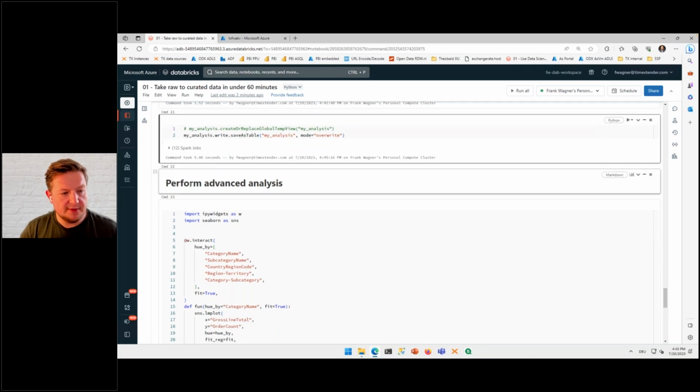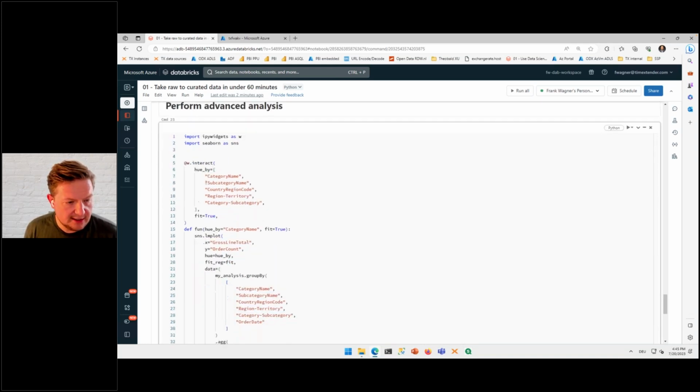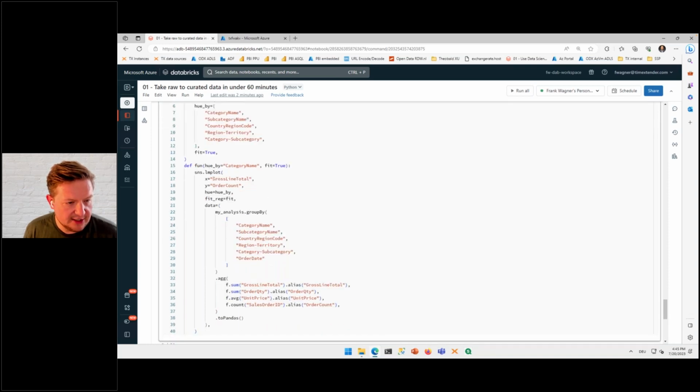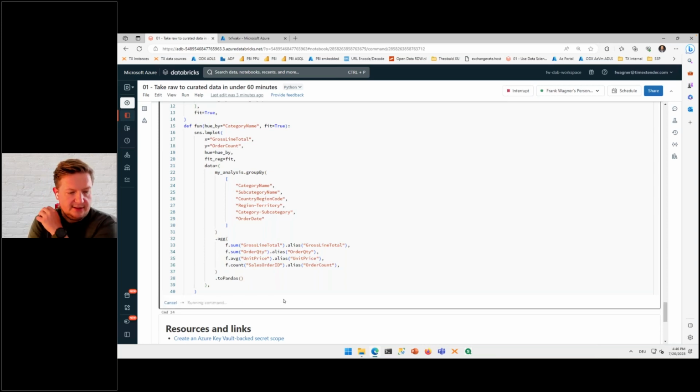But I also can perform advanced analysis, whatever that is, wherever advanced starts. I just threw in some code that I glued together. So we want to have a chart that displays the data by different options here, so we can choose that in a second. And then we do some calculation. On the x-axis gross line total, on the y-axis the order count. And then again, we group by the different options that we have. And then we want to see the sum of the gross line total, the sum of the order quantity, the average of the unit price, and the count of the orders. And if we execute that,